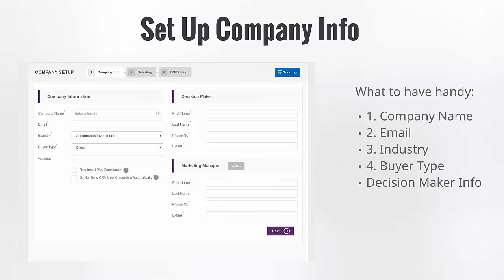We set up the company info. That's pretty straightforward. What do you need to have handy? First of all, company name, email, industry, buyer type, decision maker info. We highly encourage you to create a very basic form that would collect that information. That's when, let's say they sign the contract with you, the next thing you do, you send them an email requesting those details so you can effectively fill these things out and know exactly what to put under the